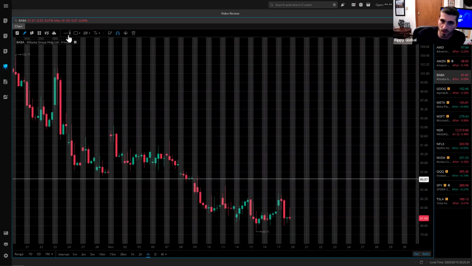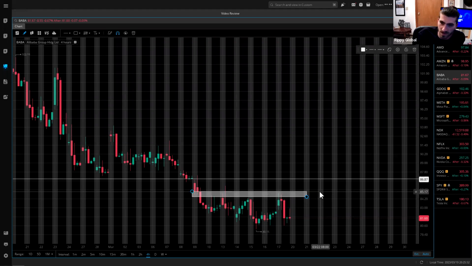So when you're looking at a bear flag, just like the one up before that broke, you're looking at where it wicks a lot, where the candles reject day after day after day. You're looking for that zone you can fill light, because if you're right, that light fill is going to print and give you a big return. If you're wrong, that small size is not going to make your account drop a lot from that loss if you have to cut. So a good zone to look at for Baba for me would be around